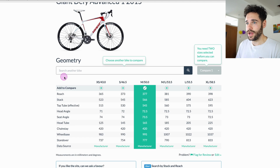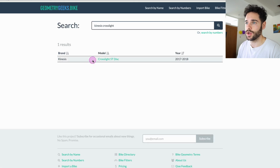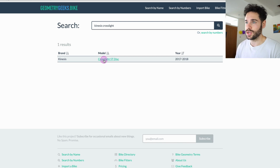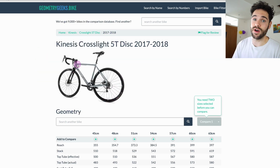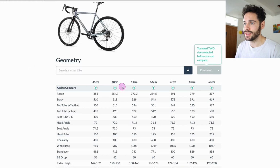So let's say for example now I want to search for another bike. So let's do that. So I'm just going to type Kinesis Crosslight and I'm going to search for that. Here we go, the Crosslight 5T disc, which is a gravel bike, which if you watch one of my previous videos is what I'm looking to get. So I'm going to click on that, and now I can see, yeah, this is the one, this is the bike. Again, always good to verify by the image that it's the right one. Nice little feature there. And I know that this is actually a 51, so I'm just going to add that